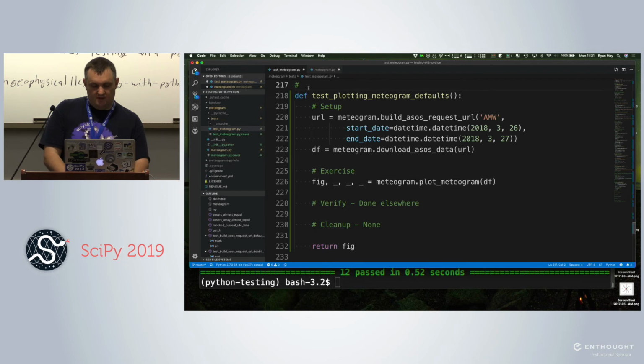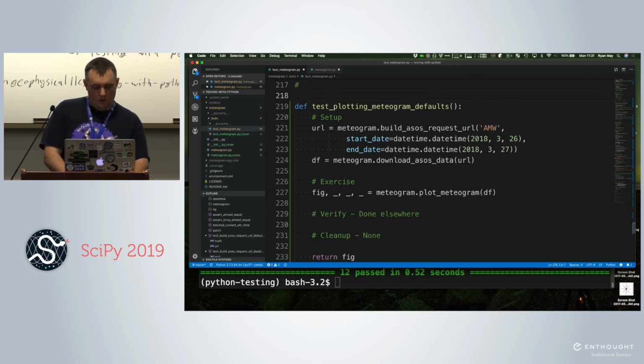And the only last step we're missing is we have a decorator here, pytest.mark.mpl_image_compare. That's how we tell it that we want to do an image comparison test here. So it marks the test, and then it's looking for that return value of the figure to then do its image comparison.